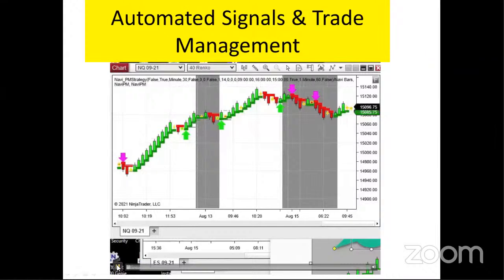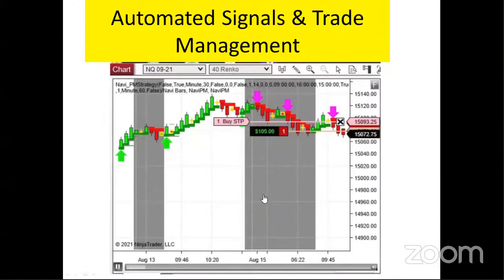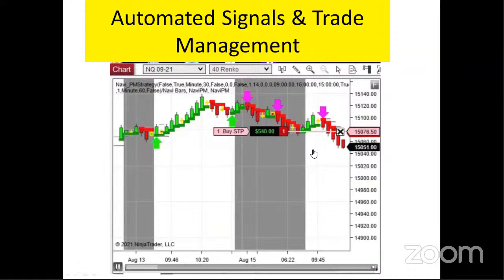Okay, on this screen, I'm going to very quickly show you how our trailing stops work. We'll go through this very quickly. I won't let it play through the whole video, but essentially what you're seeing here is a sell signal. This is on the NASDAQ. And as the market moves lower, that pink line is going to move lower. That'll be the trailing stop.